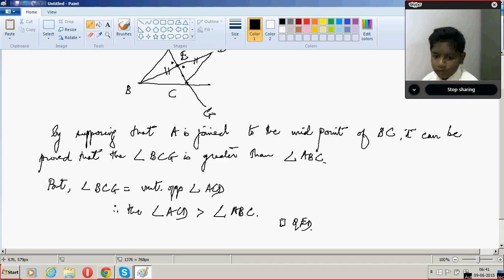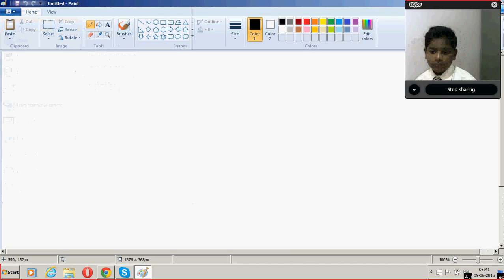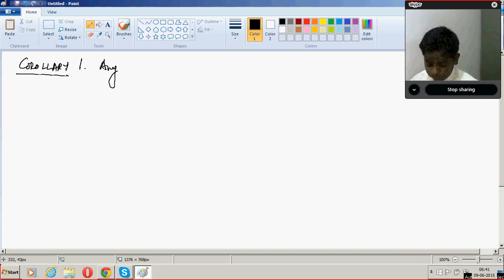Did you understand each and every step? Yes, sir. Now we come to a special case of the theorem, which is called a corollary. Corollary means a small theorem which can be quickly derived from the given theorem. Corollary 1. Any two angles of a triangle